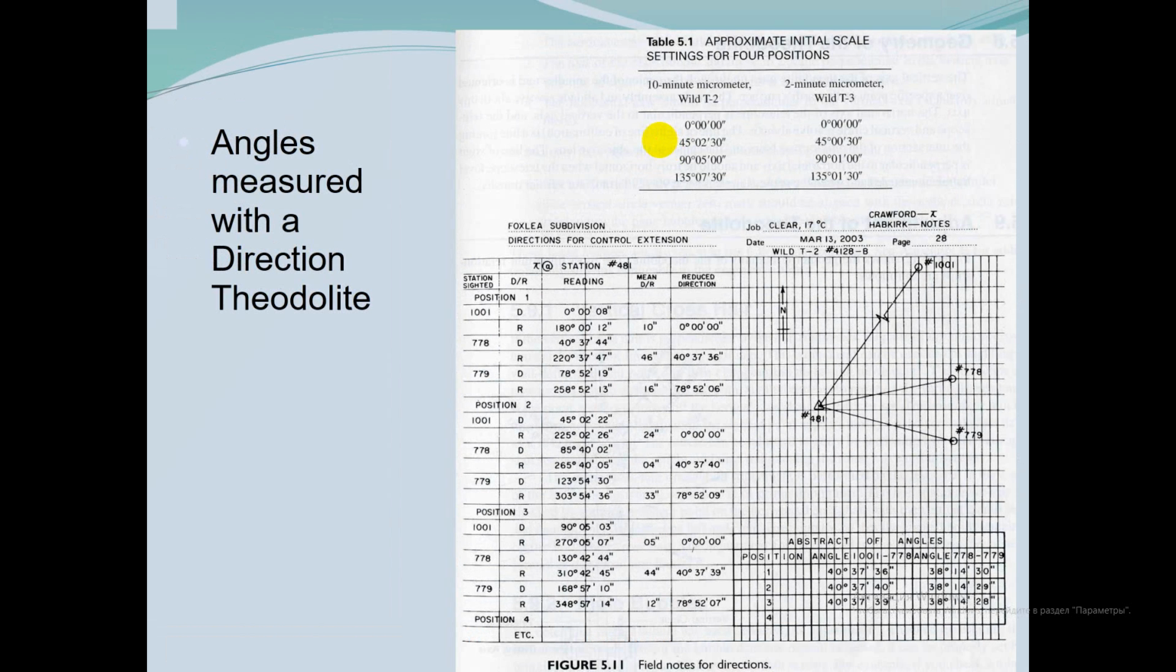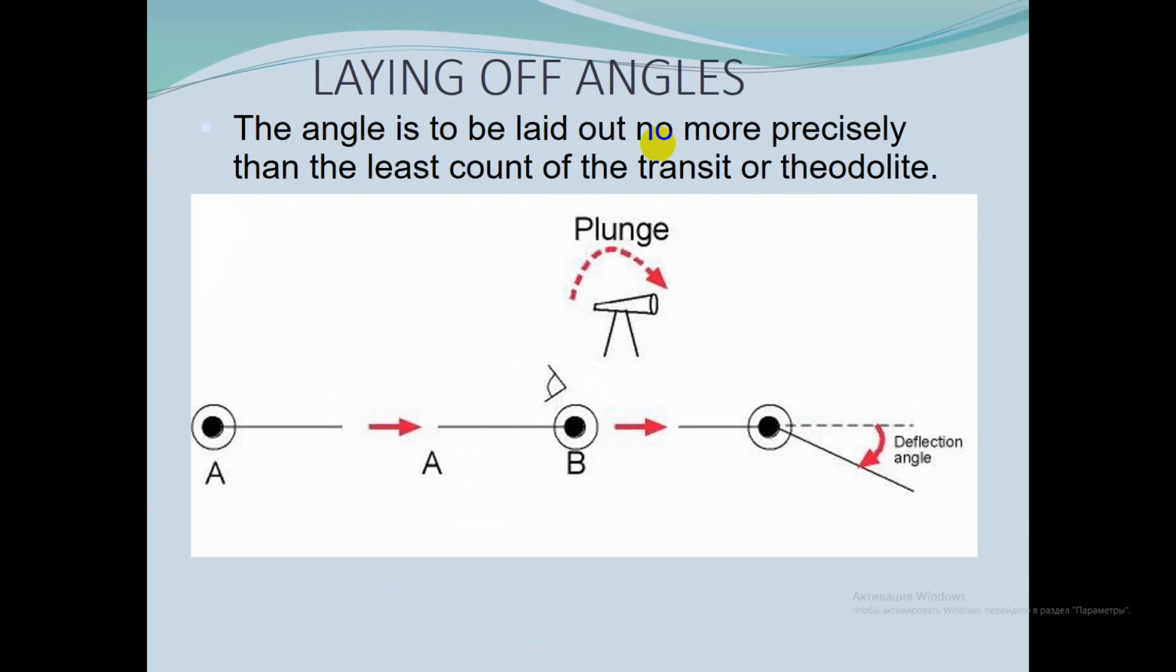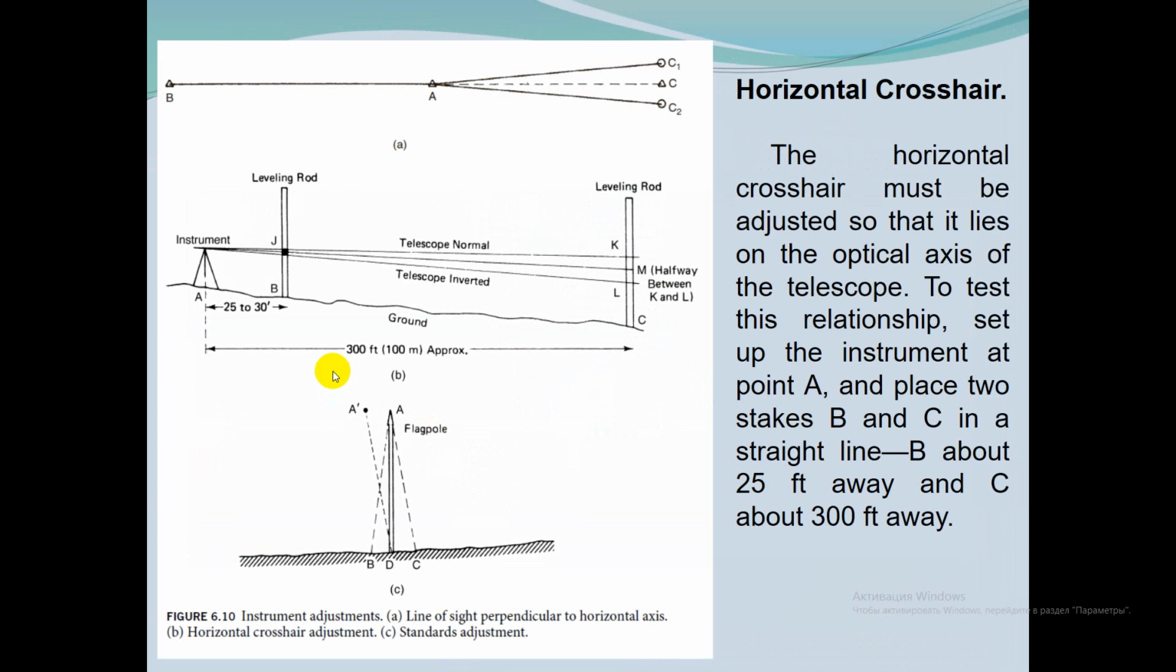Also, you can see the next section about horizontal crosshair adjustment. It must be adjusted so that it lies on the optical axis of the telescope. To test this relationship, set up the instrument at point A and place two stakes B and C